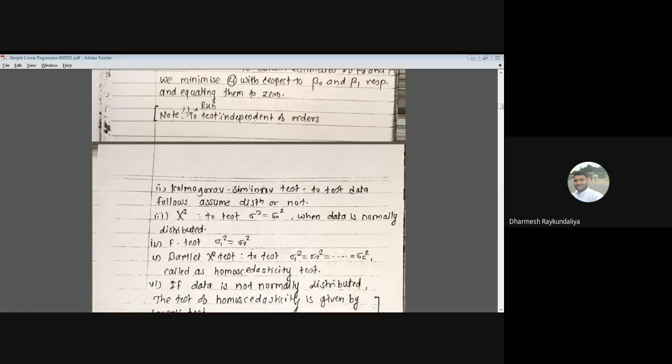लेकिन ये आपको हमेशा याद रखना है कि when you fit the regression models, first you have to verify the basic assumption. Whenever you are given the data, first see whether the data are independent of order or not. So apply the runs test. The test is known as the runs test.